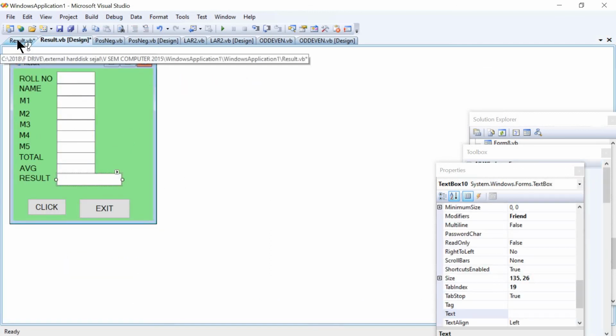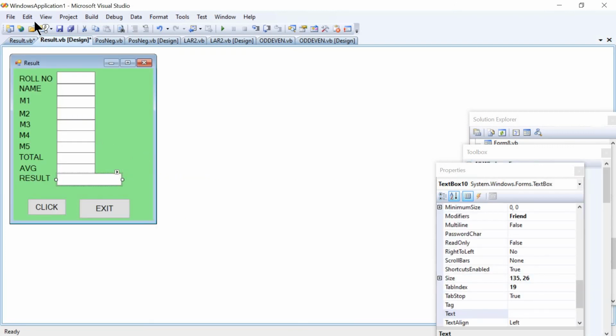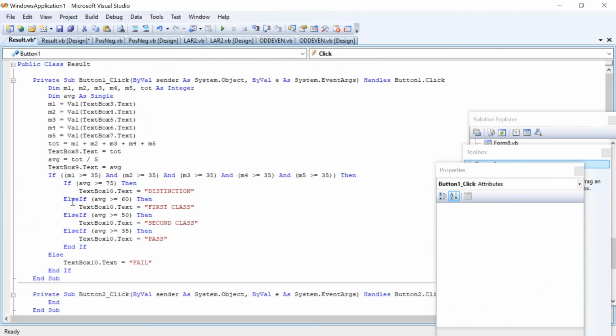Next, if this condition remains false, then it will check else if average is greater than or equal to 35. Then the message is Pass, displayed in text box 10. Then this if statement will end with end if.